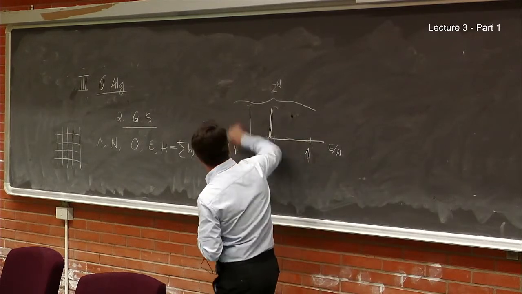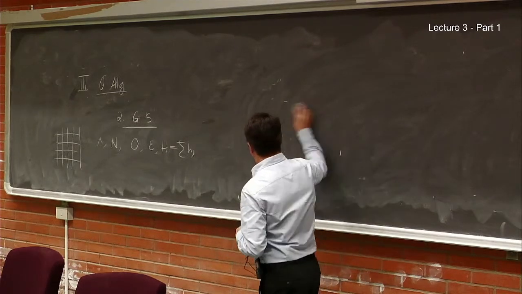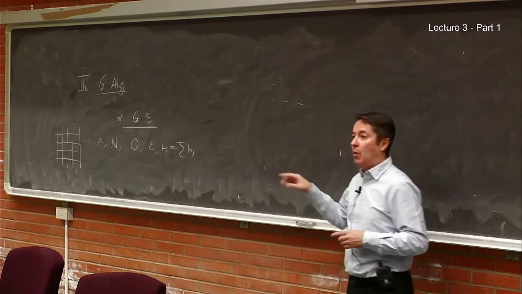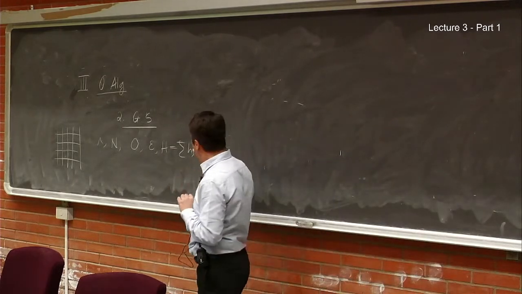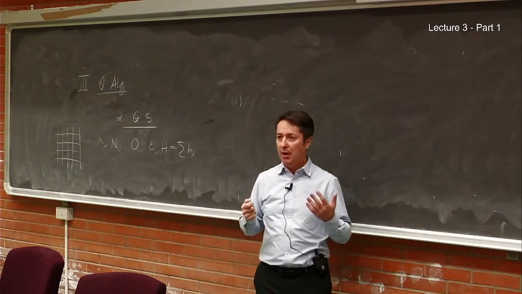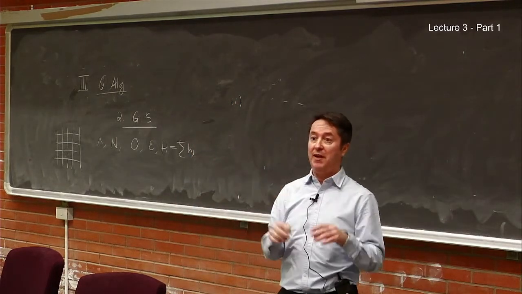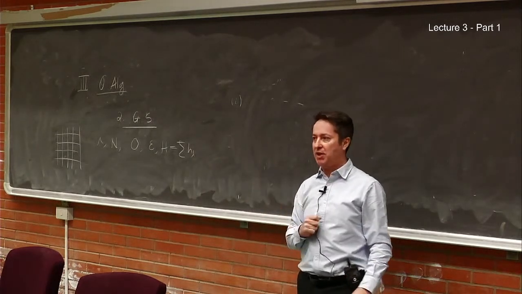So I see that I'm going too slow. But I want to show a few algorithms for the ground state. The first one is an algorithm that always works. It promises that you will find the ground state with very high probability and then converge. However, it takes an exponential time.